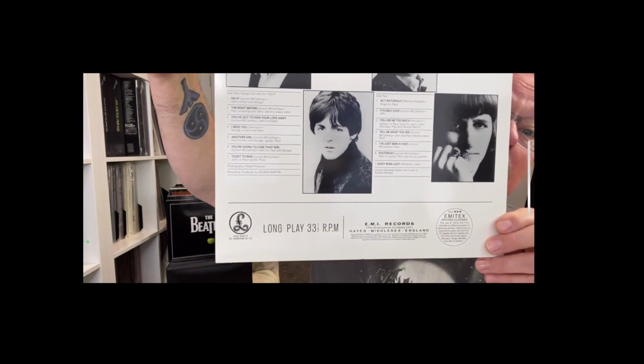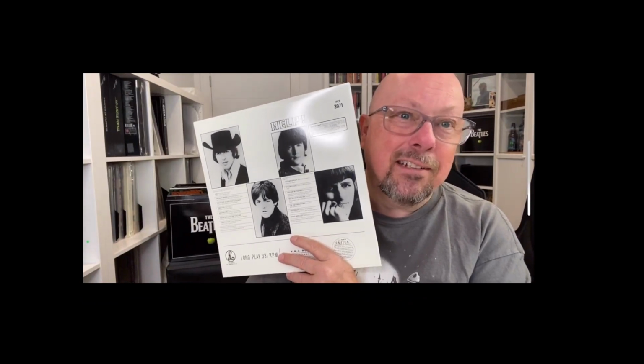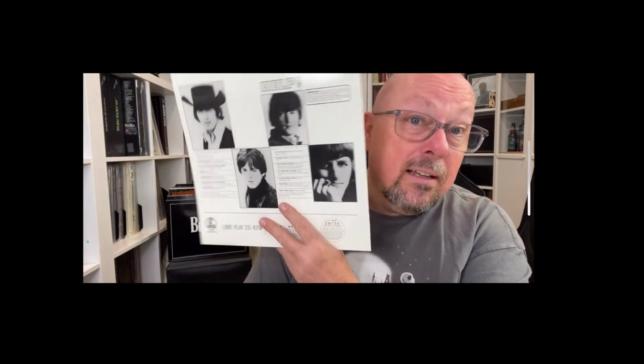Yesterday, track 6 on side 2, is in the Guinness Book of Records as the world's most covered song. So all of you budding guitarists out there, get plucking. If you want to know what the chord sequence is, again, this is not the right channel for you, but there are plenty out there that will know. So 1965, this is the first one that came out. The second album that came out in 1965,